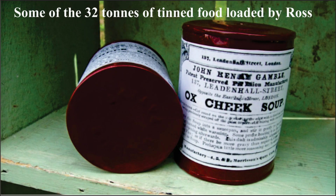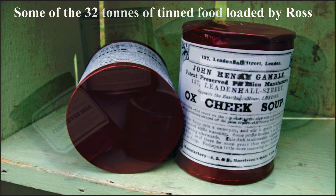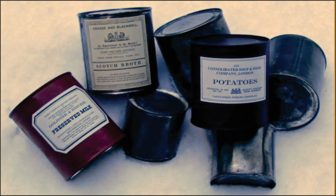Ross stocked his ships with 15 tons of tinned meat, 6.7 tons of tinned vegetables, 2.7 tons of soup and 2 tons of gravy, plus 1.2 tons of cranberries, 4.4 tons of pickled walnuts, onions and cabbage, 280 kilograms of mustard and 50 kilograms of pepper. He estimated this would be sufficient for 4 years, if supplemented by restocking en route and fresh seal meat while